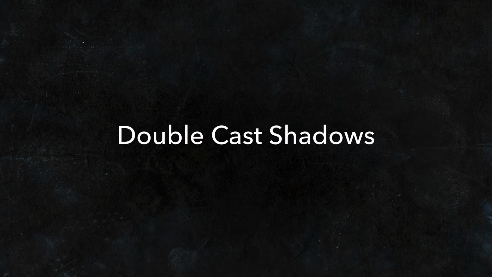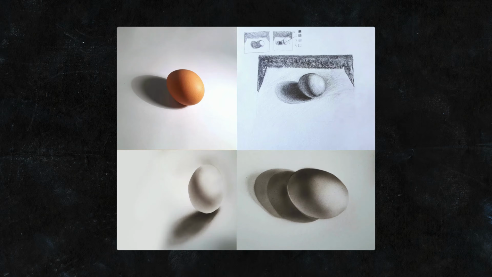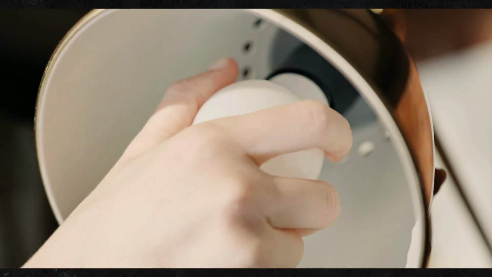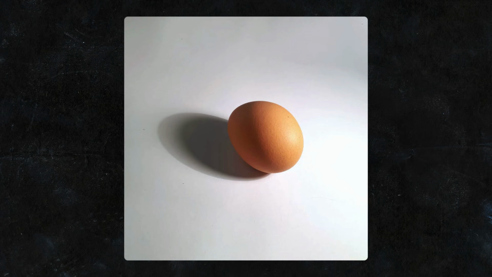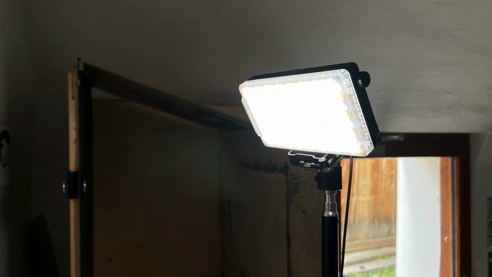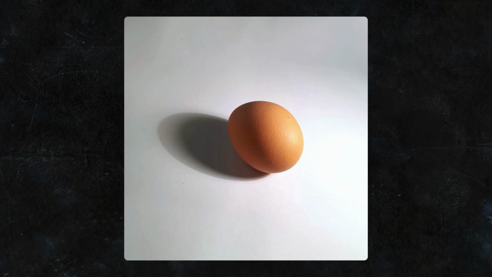Depending on the type of light you're using, it might create these double cast shadows. Usually this happens with lamps that have a fixture that reflects the light of the light bulb. It tends to look pretty confusing in a drawing, and it's best to use a different light source to avoid double shadows. If you don't have the option or are stuck with an image like this, I recommend to only draw the primary cast shadow with a soft penumbra. That is a change you can make easily and convincingly.